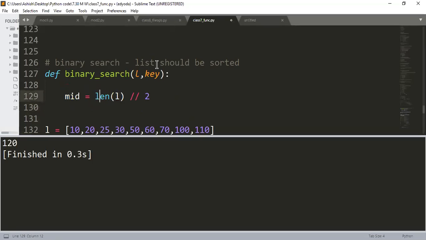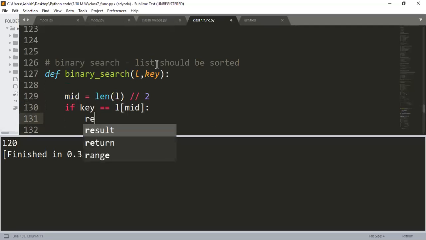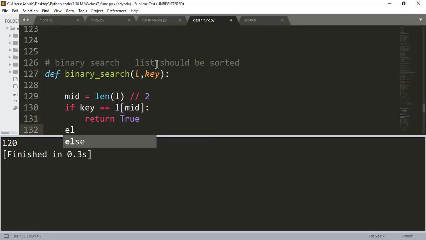Okay. Alright. So if I got a mid, I need to check if the element is present at mid or not. What should I write? Mid is just a number. If key is equal to L of mid, let's say just write return true. Elif